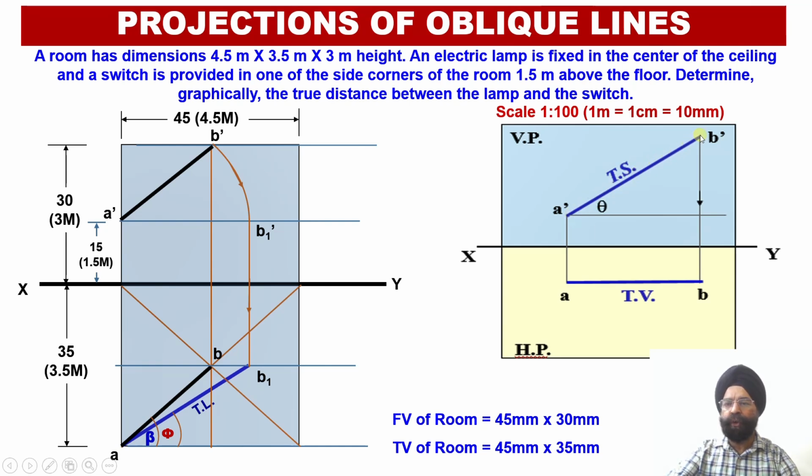So what we are going to do in this case, here we have got a plan projection AB which happens to be inclined to the vertical plane. But in order to obtain the true length in the front view, we need to ensure that this apparent length should be rotated in such a way that it becomes parallel to the vertical plane over here. So with A as my needle point, I will be opening the compass equal to the length AB